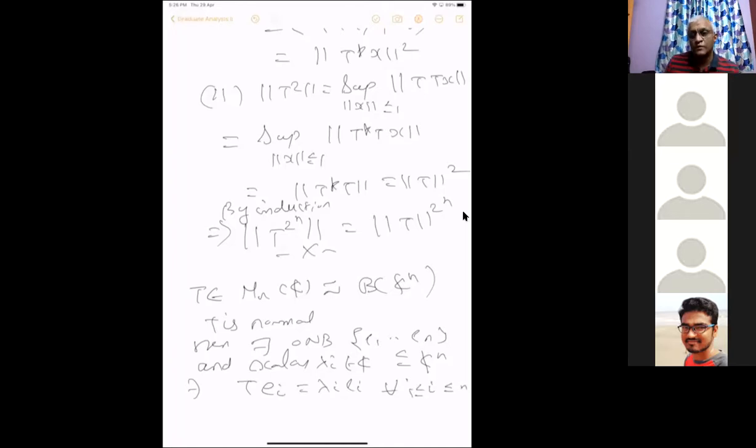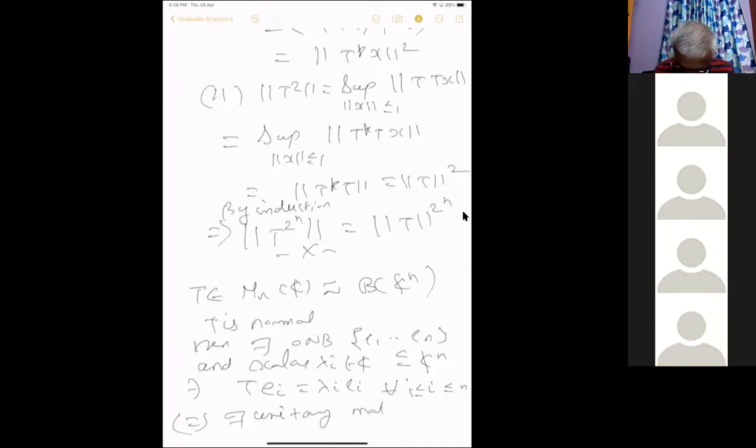Okay, so this, I hope, is equivalent to saying there exists a unitary matrix. I mean, this orthonormal basis need not be the standard orthonormal basis. This is some different orthonormal basis. So whenever you have two orthonormal bases, you can define a unitary map taking one orthonormal basis to another orthonormal basis. So this is the same as saying there exists a unitary matrix U